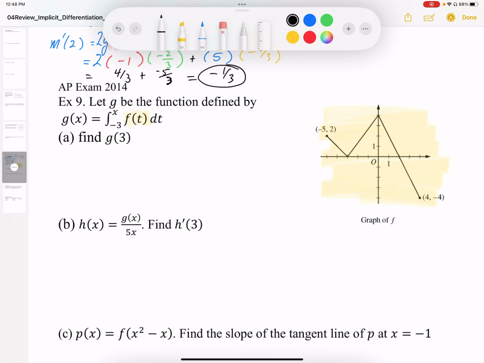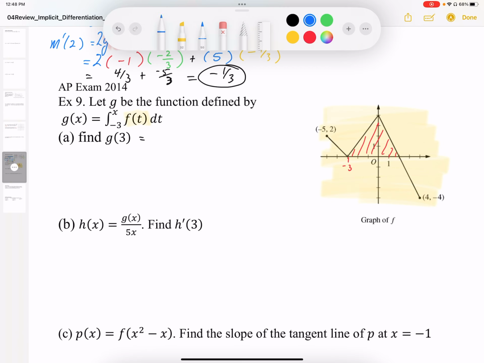So in general, we know that functions are going to have some starting coordinate. In this case, it's going to be 0. And then the area under the curve defines that value, the y values for that g function. So g of 3 means that I'm going to start at -3. Okay, so my coordinate is going to be at -3 and 0. And using the area from -3 all the way to +3,